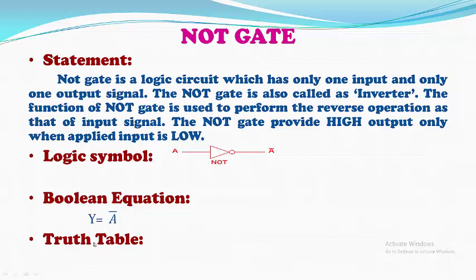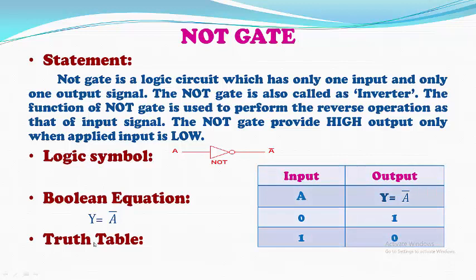Now we will see the truth table of NOT gate. Earlier in basic definition, we have seen the total possible combinations of particular truth table is calculated by applying the 2 raised to n formula, in which n is nothing but the value of total number of inputs. For this NOT gate, we have only one input signal, that is nothing but A. So when we consider n equal to 1, then we will get total 2 combinations. Means for this logic gate, we can apply only 2 binary values for this input A.